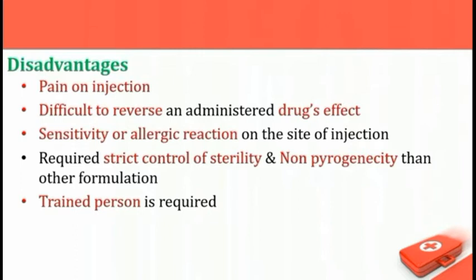The next is types of water as per USP, that means United States Pharmacopoeia. The first is purified water, and the method of preparation for purified water is distillation and ion exchange. This purified water is not pyrogen free, and the comment for purified water is that it is a pharmaceutical solvent.